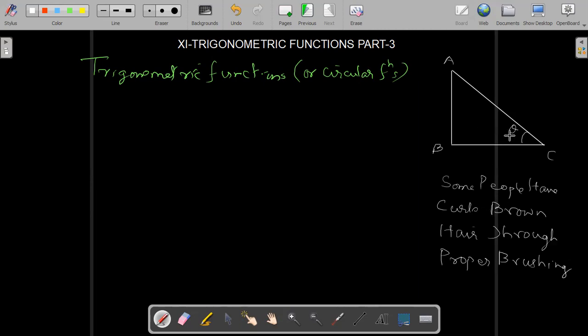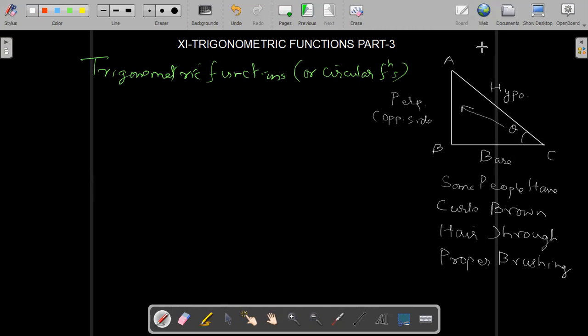But listen, this is the angle, and the opposite side of the angle, what will be the opposite side? This will be the opposite side. So this is called the opposite side, or we can say perpendicular. You know that this is base and this is hypotenuse. Correct? Perpendicular, we can also say opposite side.